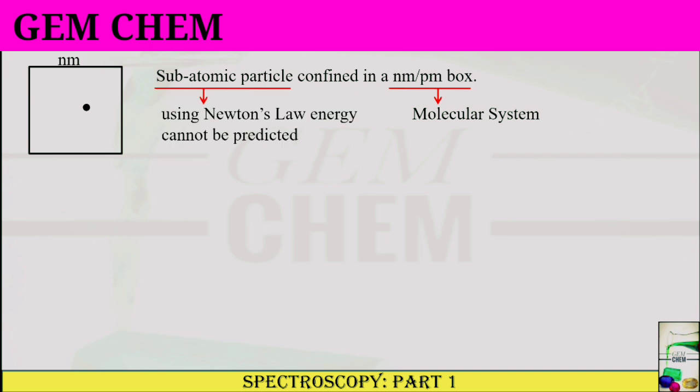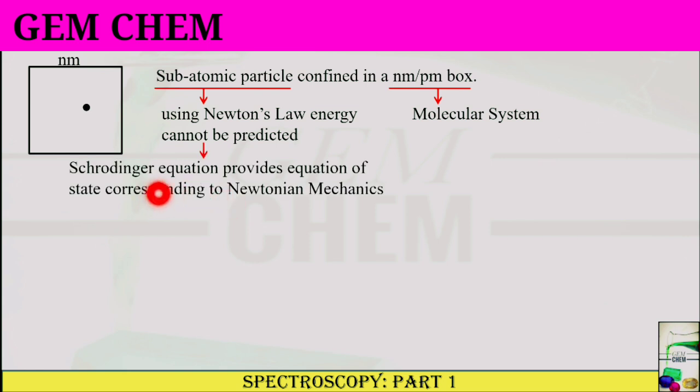But when we come to our subatomic particle, it is not easy to predict the energy using Newton's law. The reason is that for a particle so small, momentum and position can't be predicted together, which has already been established by Heisenberg and de Broglie. So for subatomic particles, we are going to deal with Schrodinger's equation, which provides an equation of state corresponding to